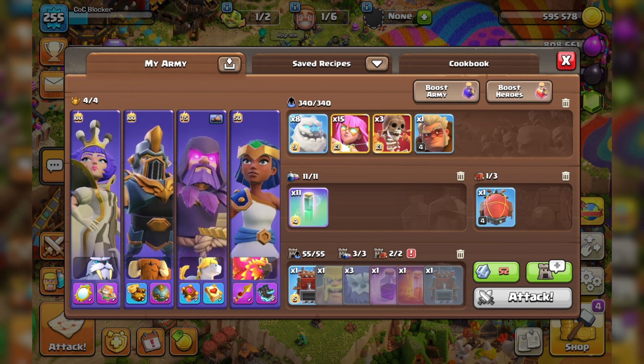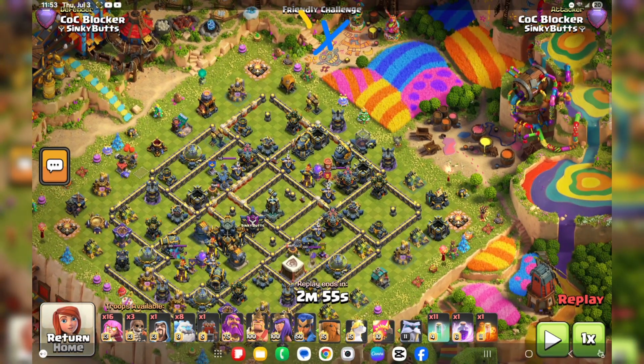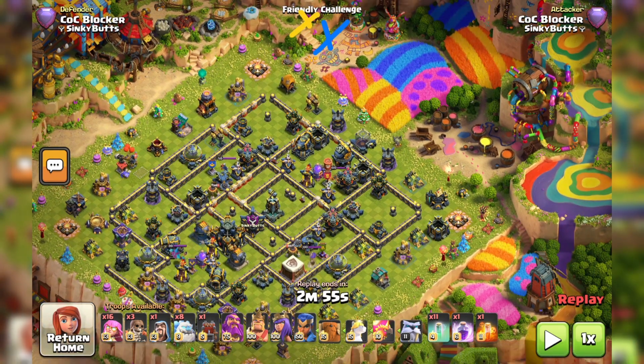So I'm going to hop into a friendly challenge first to show you guys how this works. Alright, so what we're going to do, it's pretty simple. What I like to do, I'm going to start with my Royal Champion. And I'm going to place her somewhere over here because I want to take out a flank of the base. So I'm going to drop her there, and then this is where you're going to use your Druid. You're going to pop her Rocket Spear right away, and then you're going to use a Druid with her as